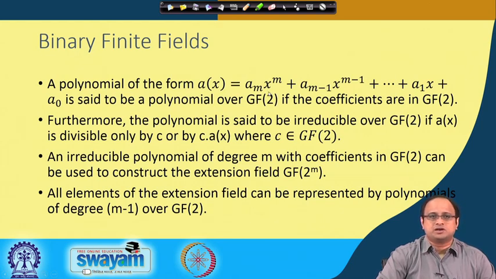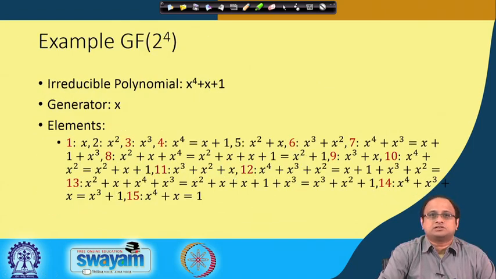So, the number of elements needed to represent that modulus ranges from 0 to m minus 1. There are m bits, and you essentially have 2 to the power of m such possibilities. That means you can represent all elements in GF(2^m) using that representation. This particular extension is what is called an extension field. All elements of the extension field can therefore be represented by a polynomial of degree at most m minus 1 over GF(2), and this way we construct the extension field GF(2^m). Now let us see an example.